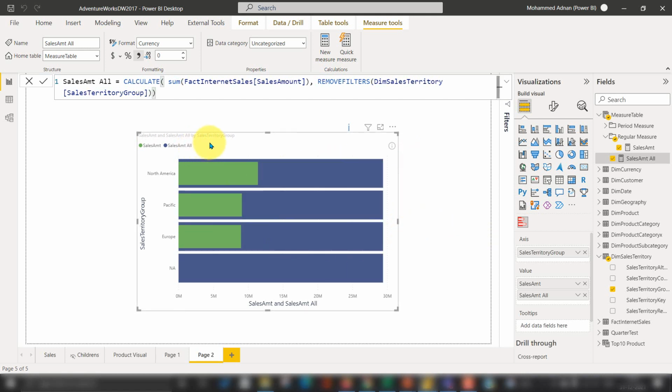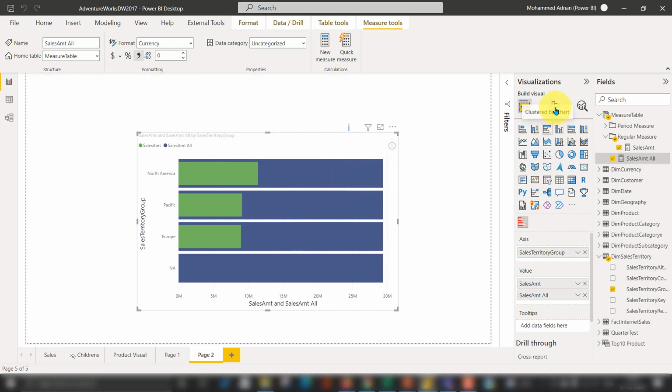Alright, so now what it actually gives as information is, so let's go to the format tab now.